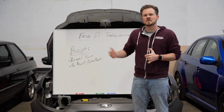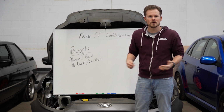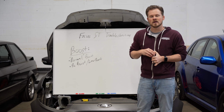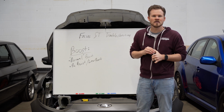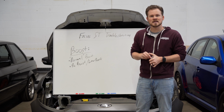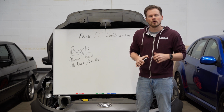And on the off-the-shelf maps, and in most cases on my maps, I'll leave them on there, but there is an eco mode map. And what people are doing is they're accidentally switching into the eco map, and on the eco map it's targeting very low boost to help with maximized gas mileage and all that, and so all of a sudden your boost is gone. This again is not a problem, but it's something you should be aware of, is that if you accidentally hit the cruise control cancel button and then the set plus button or whatever while you're driving,